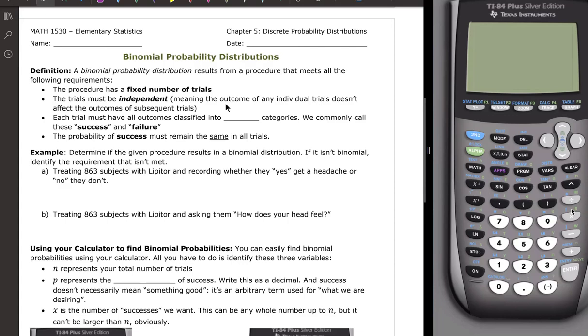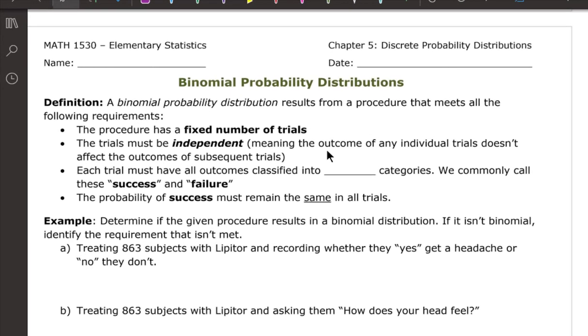We're going to continue talking about probability distributions, with a specific type called the binomial probability distribution. You have to meet these 4 requirements for it to be considered a binomial distribution. First, your procedure has to have a fixed number of trials, which generally they'll tell you, out of 8